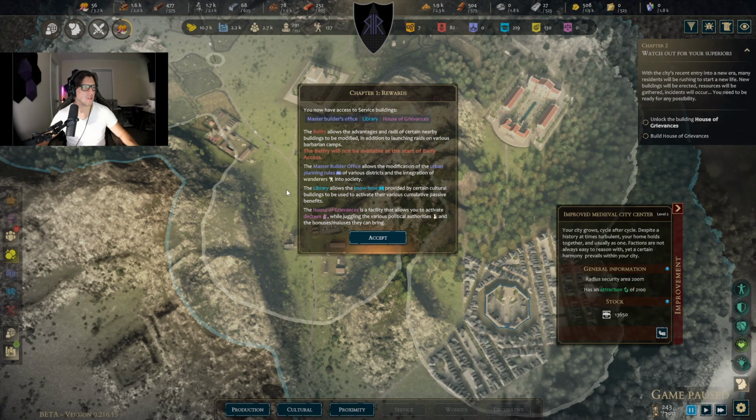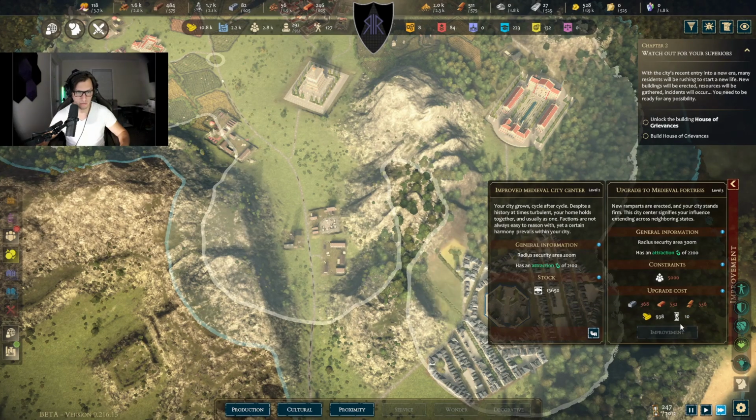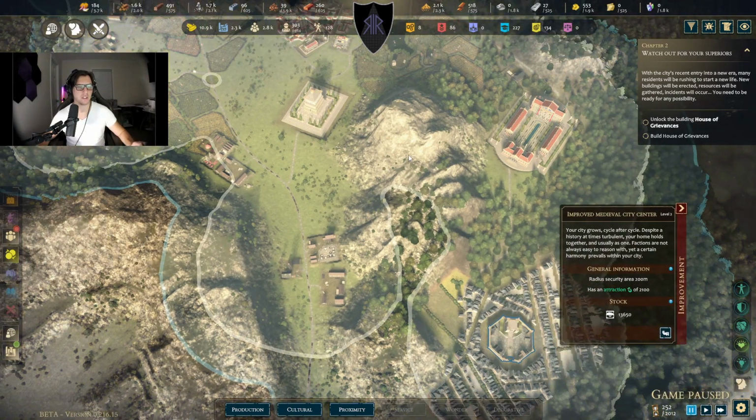The Master Builder Office allows the modification of the urban planning rules of various districts and the integration of wanderers into society. Wow. There's a lot of words in here that I'm screwing up that I really shouldn't because they're not hard words. And the library allows the know-how provided by certain cultural buildings to be used to activate their various cumulative passive benefits. The House of Grievances is a facility that allows you to activate decrees while juggling the various political authorities and the bonuses and maluses they can bring. Excellent. Okay. So the next improvement doesn't happen until that, but I think now we have a good direction. We want to go as fast as we possibly can through these